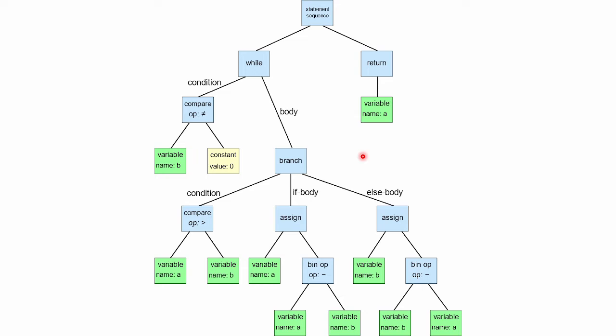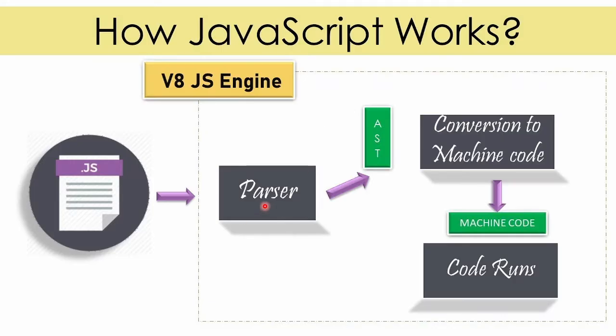People who do not understand while loop, return statement, do not worry about it, because when you cover a few videos in this series, and you come back to this video again, you will be able to understand. So for now, if you are not able to understand, you can simply ignore it. For people who understand a few syntaxes, this is how AST gets created after parse.